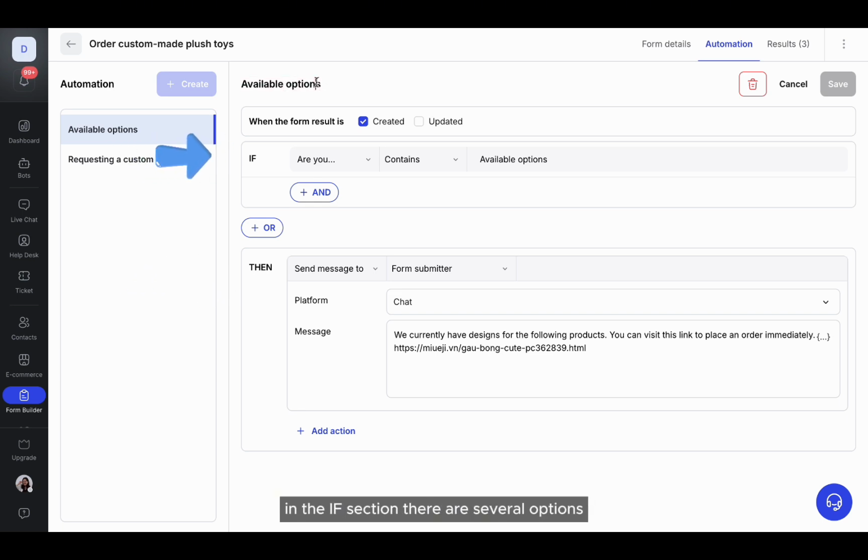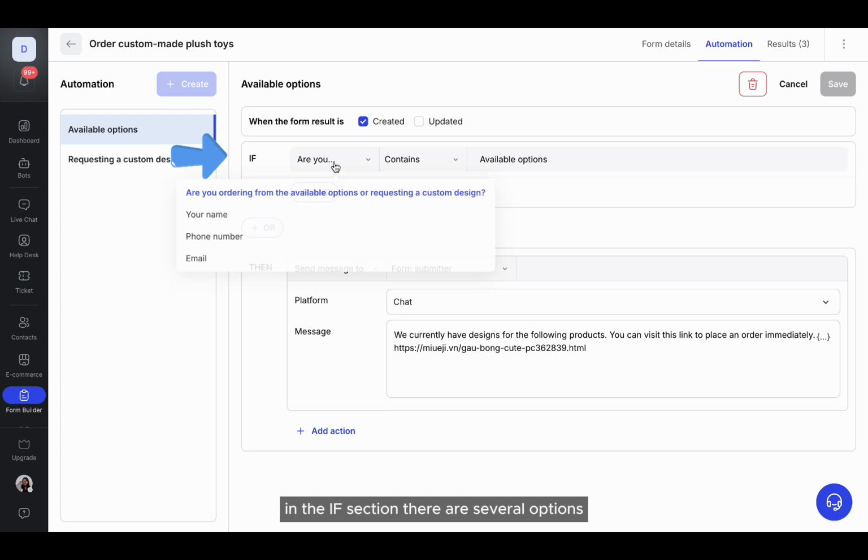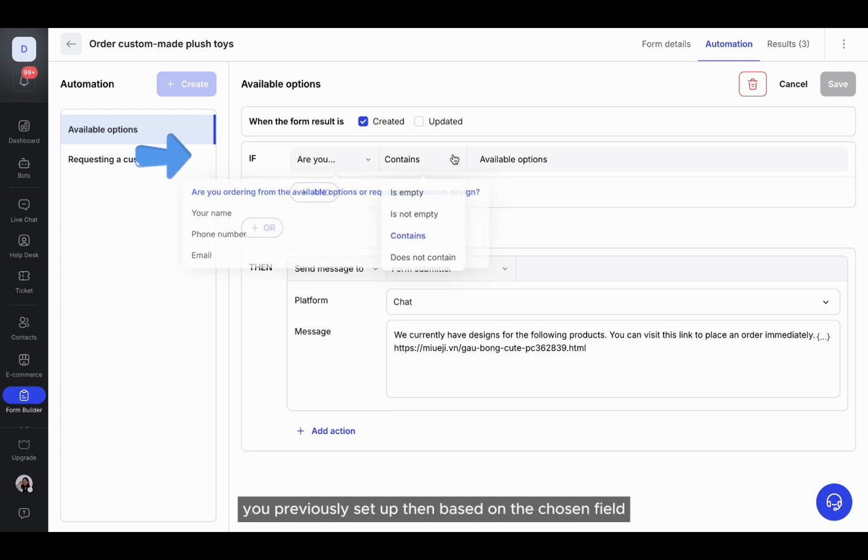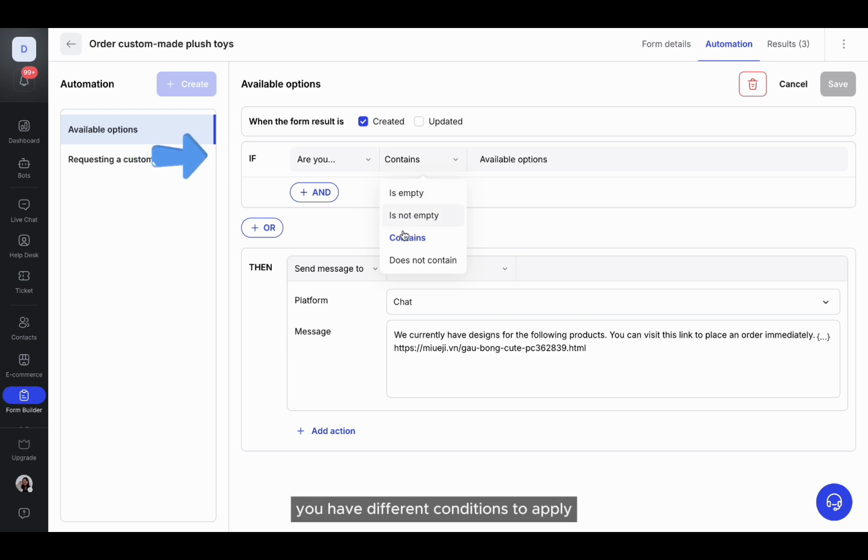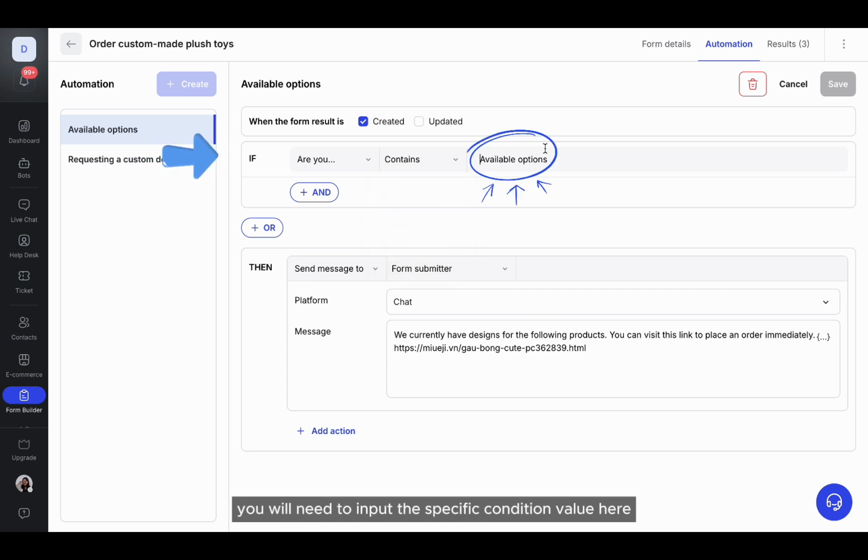In the IF section, there are several options. First, you can select from the form fields you previously set up. Then, based on the chosen field, you have different conditions to apply. If the field is empty, if the field is not empty, if it matches a specific condition, if it does not match a specific condition. For the condition-based options, you will need to input the specific condition